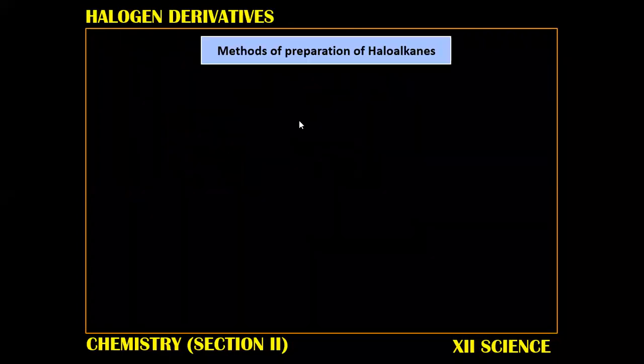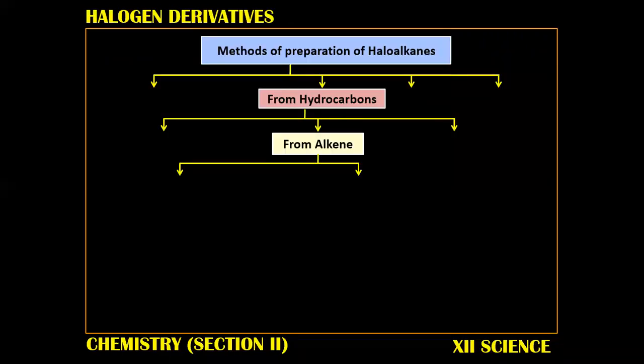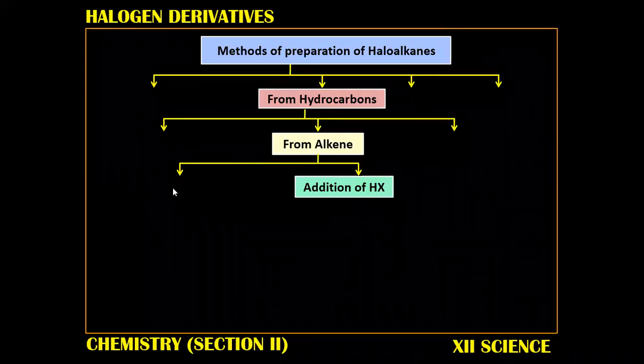Okay. Now next one. From alkene, the first one we did was halogen. Second is addition of hydrogen halide. Now this is very, very important. Though we have done this in 11th standard, it is repeated in 12th standard also. So all of you have to do it. From alkene, B part, addition of hydrogen halide.